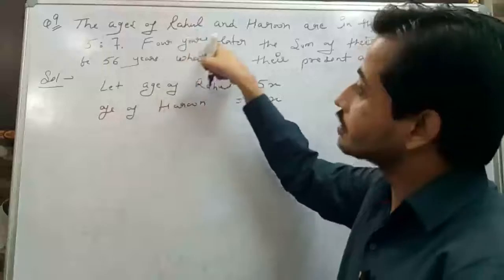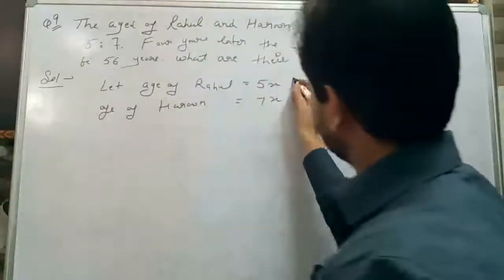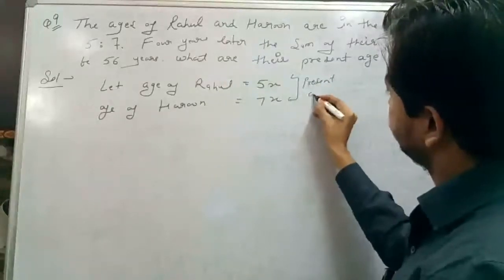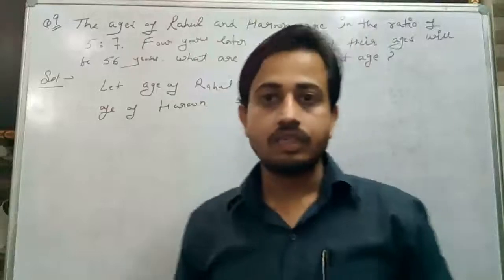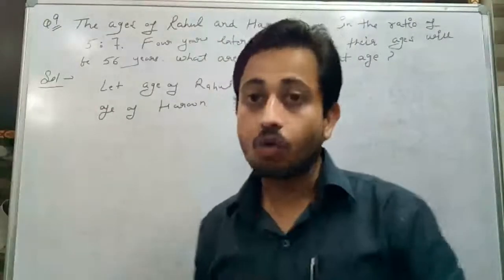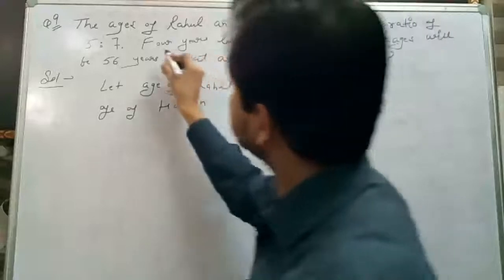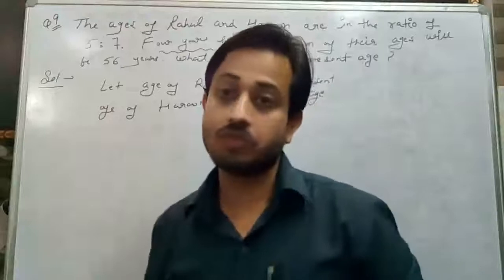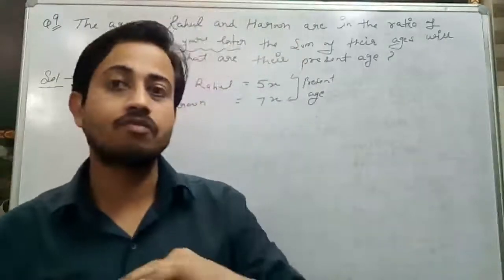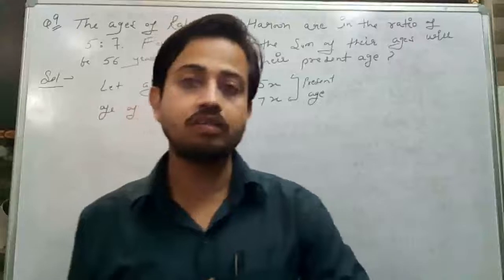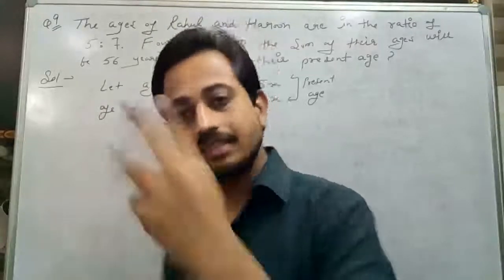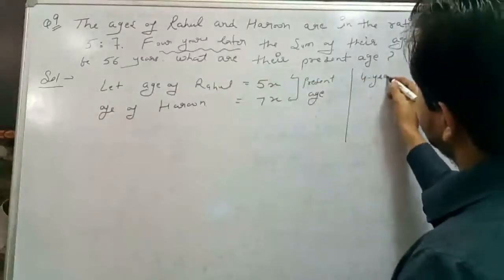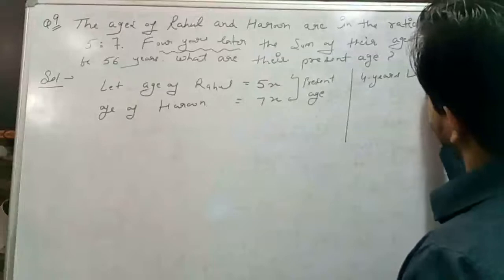But 4 years later, it means this is the present age or current age. In this, the present age of Rahul and Harun is given. Now the question said 4 years later. Suppose today my age is 25, then after 4 years, what will be my age? 25 plus 4, 29. Same step. 4 years later,